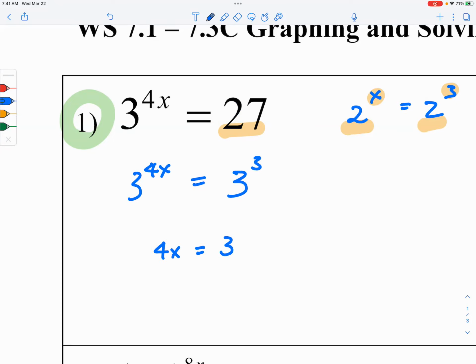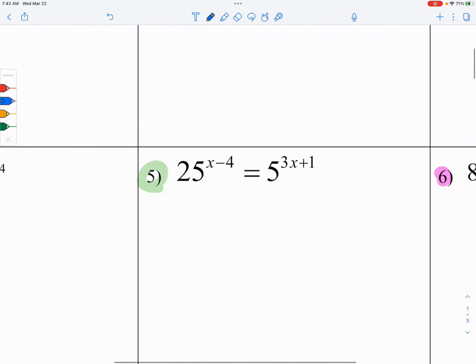Okay, 4x is equal to 3. So x is equal to 3 over 4. Okay, so pretty straightforward here. Okay, and then for number 5,